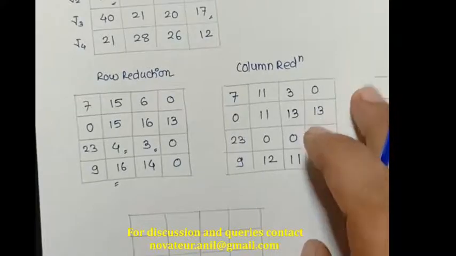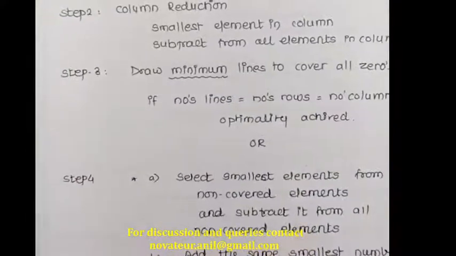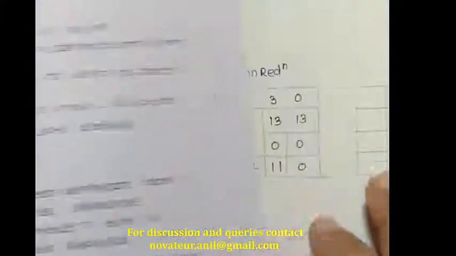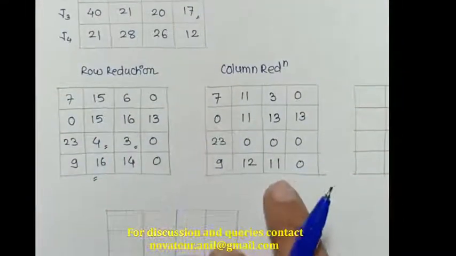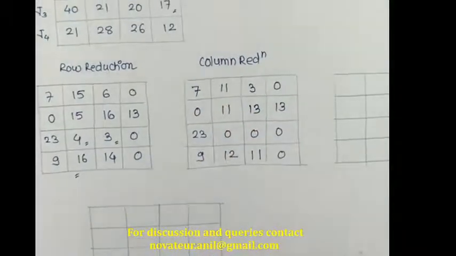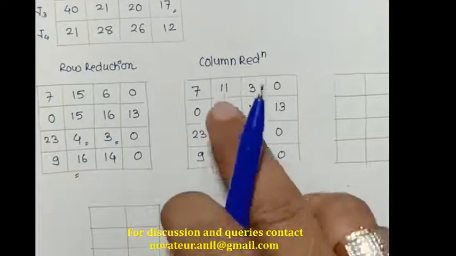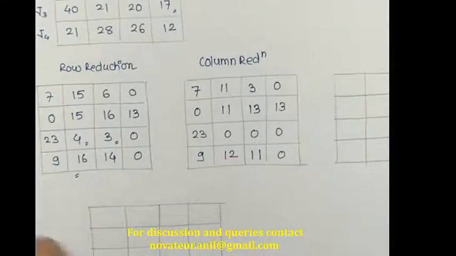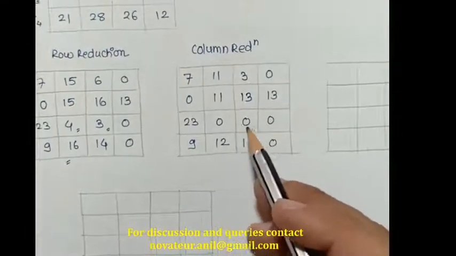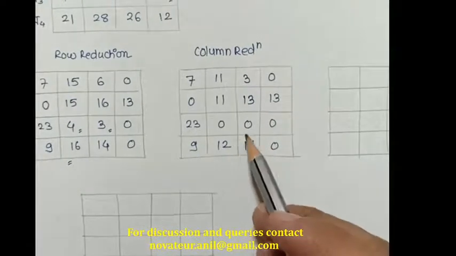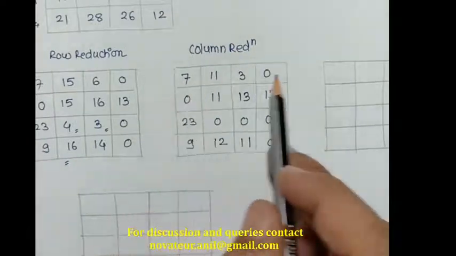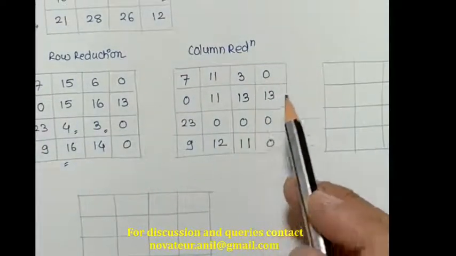Step 3 is to draw minimum lines to cover all the zeros. After the reduction, I get some zeros in each row and column. So what I have to do is cover all these zeros with straight lines, and minimum straight lines. In my last lecture also I told you how to do this. Very simple. We have to sketch straight lines so that we can cover